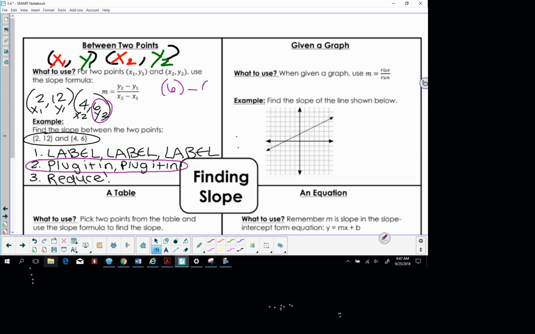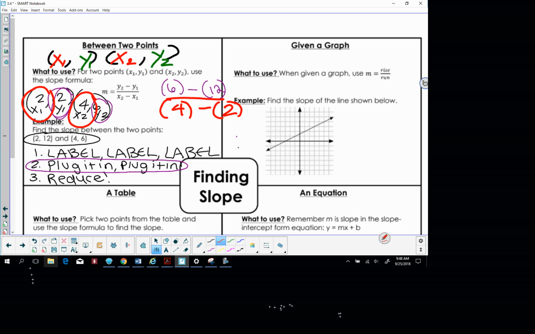Minus, what's our Y1 here? 2. Or sorry, that's a 12, guys. 12. I know it doesn't look like it. So I'm plugging in 6 minus 12 over, what's our X2? 4 minus, what's our X1? 2. So all I did was label, label, label, plug it in,